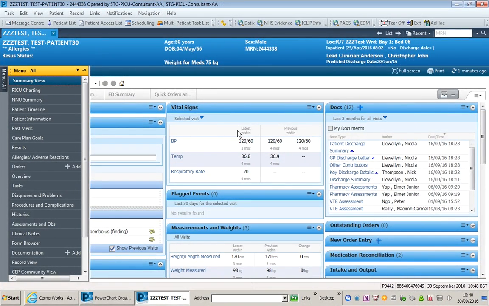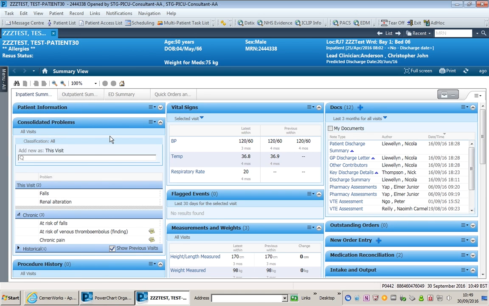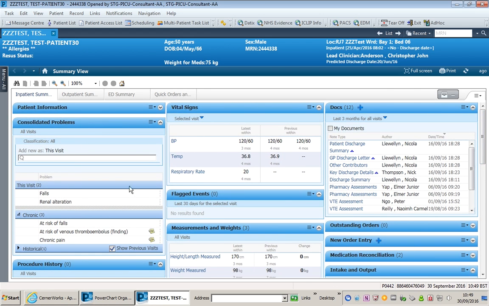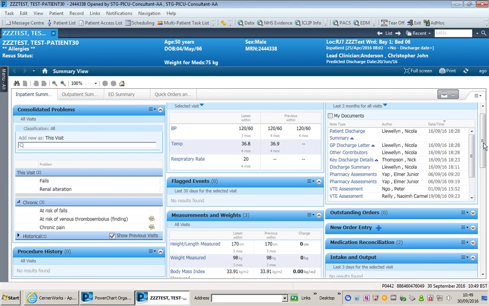I'm going to show you how to add a diagnosis, a problem, and a procedure to the iCLIP patient record. When you go into the record of a patient, go to the summary view, and you can review the patient. One of the first things I like to go to is the consolidated problems list, and I can see that this patient already has some problems and